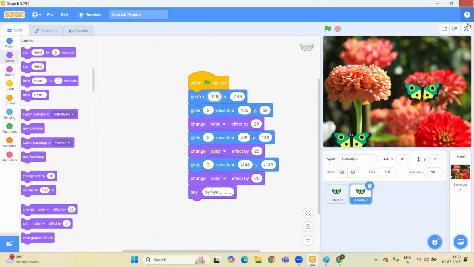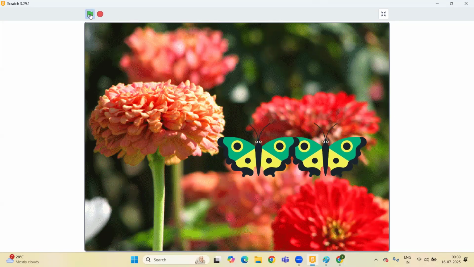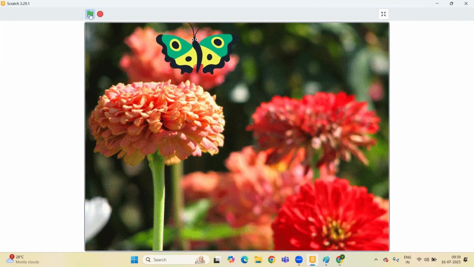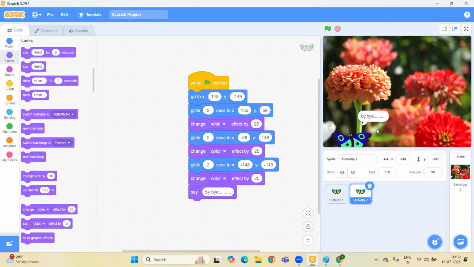Okay, now we can see. Just go in the full screen mode again and start the code. Now you can see the rest of the program is the same, that's why both are running the same thing. When you change the coordinate points, for example in butterfly 2 I'm going to change this one. I'm putting here, for example, minus 35 and 59. Or I can put both minus. Then you can see.